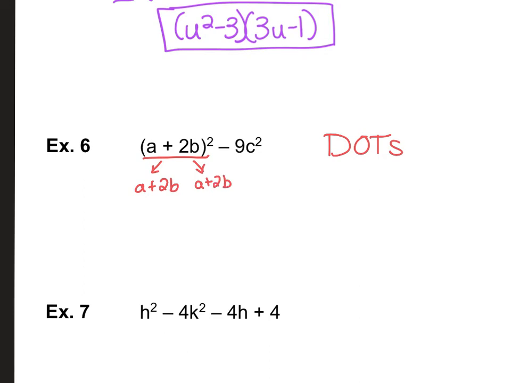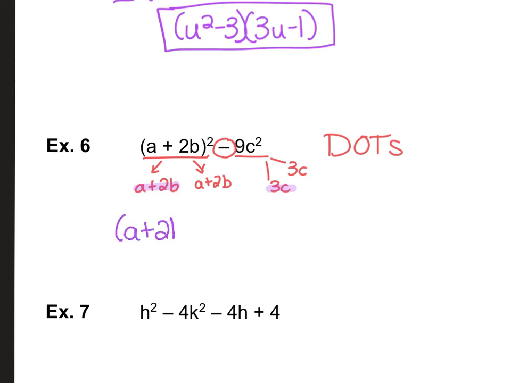And if you look, 9c squared is also a perfect square that can be broken into 3c and 3c. And we do have a difference right there, so that's the other reason. So if you remember, you take first term and second term,